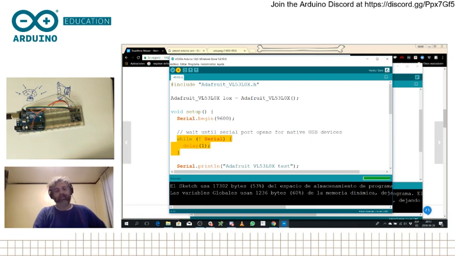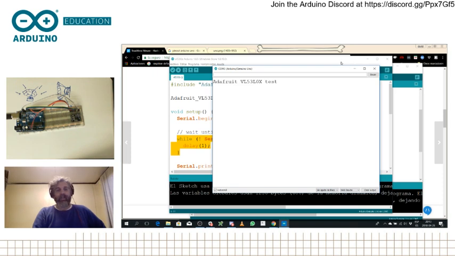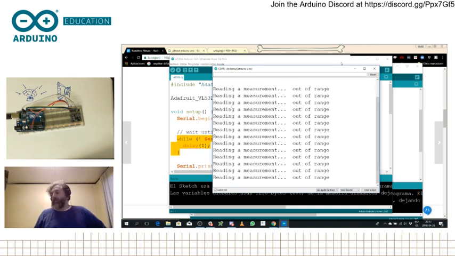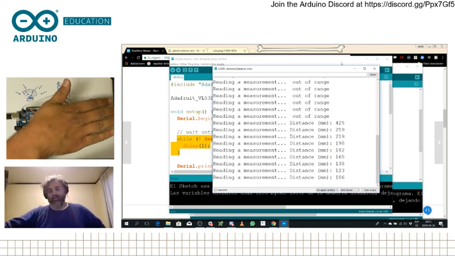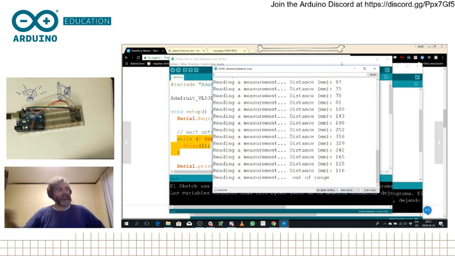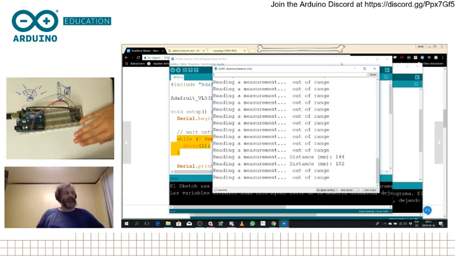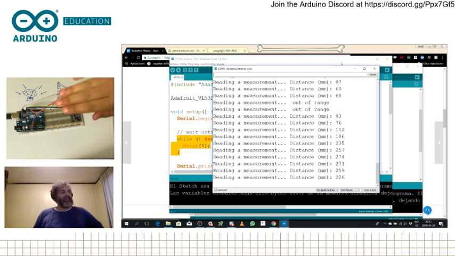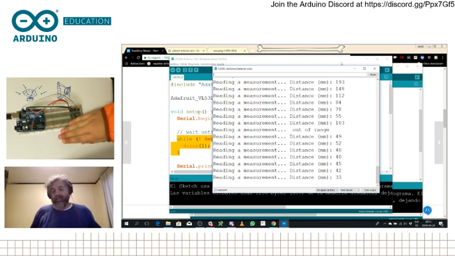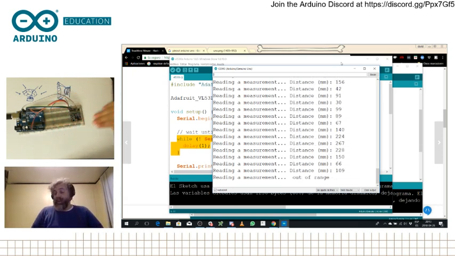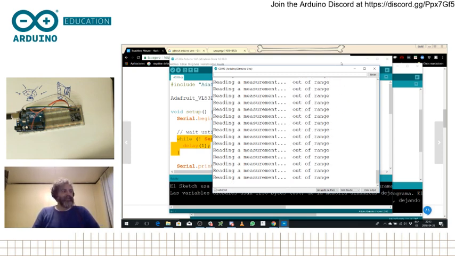Okay, so once it's uploaded, which is now, I can open the serial port monitor, and it's saying it's out of range. And here you see the distance is super precise. I'm going to ask my volunteer again, so please volunteer, use your hand. You see how it works perfectly. So this is very nice. Everything worked today. I'm actually very, very happy. You know, when we make this live cast, things might not work, and we have to learn to accept that.